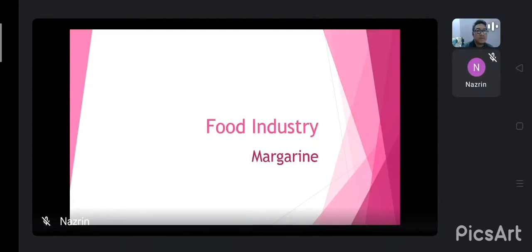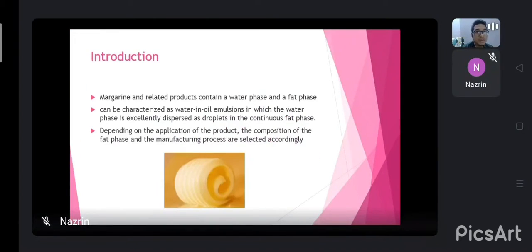I will explain about the food industry. The product that I choose is margarine. For the introduction, margarine and related products contain a water phase and a fat phase. They can be characterized as a water-in-oil emulsion, in which the water phase is excellently dispersed as droplets in the continuous phase. Depending on the application of the product, the composition of the fat phase and the manufacturing process